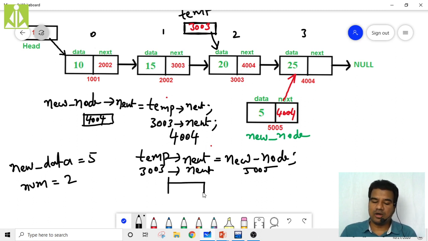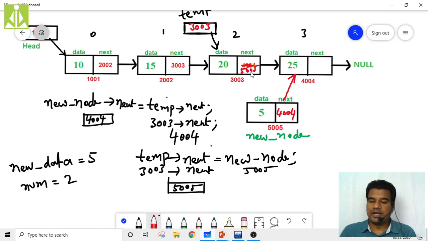So it is a memory block basically, as it is left side to the assignment operator. Then 5005 we are storing here. So ultimately what will happen? Whatever we have here will be replaced with 5005. Hope you understood.